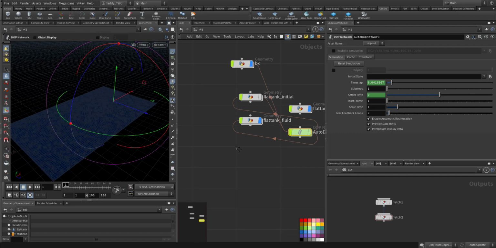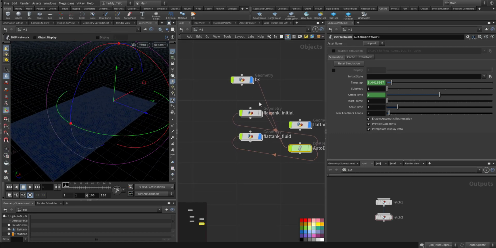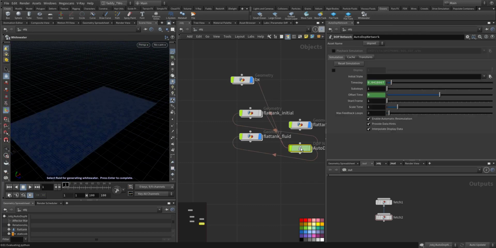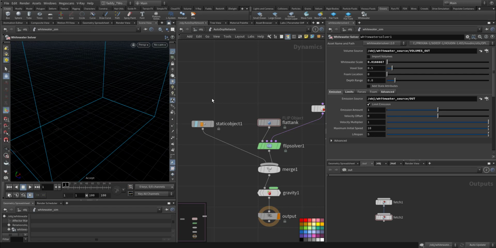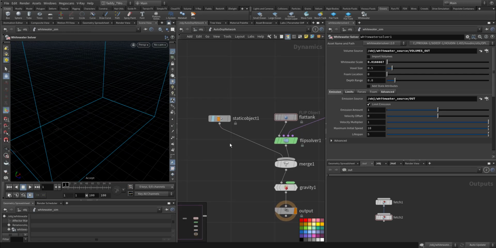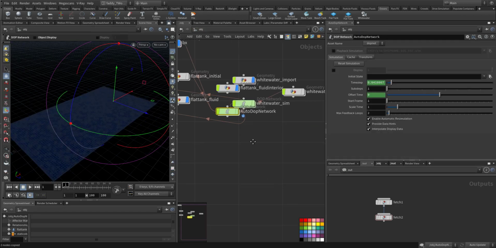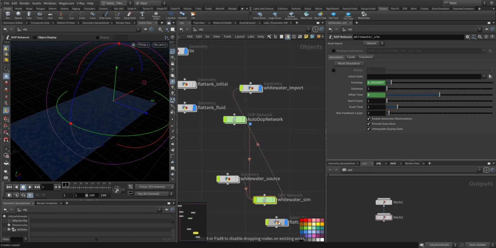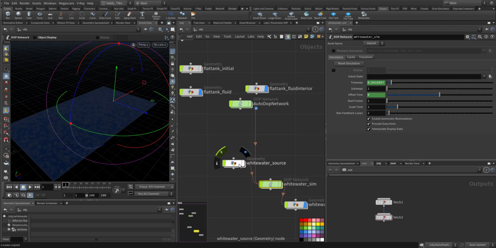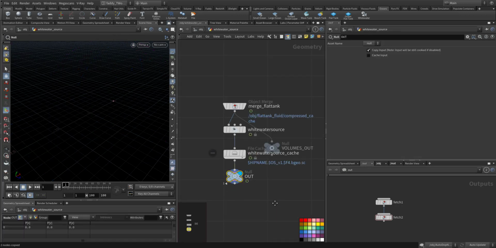So we'll do the white water now before we cache it. So I'll press on white water. I'll choose the flip tank and press enter. So white water is done. Let me take this, Ctrl C. So this is the white water, and this is the source, and this is the outcome. So in the source,